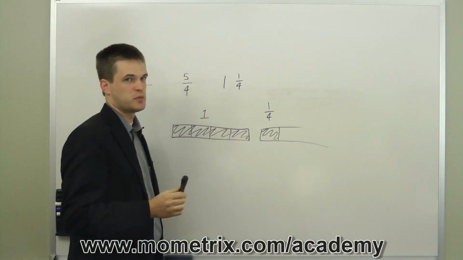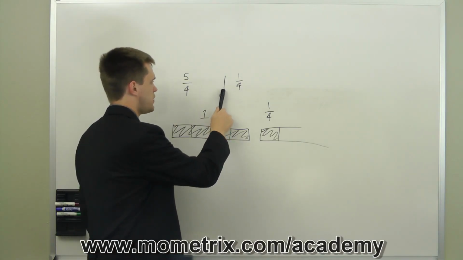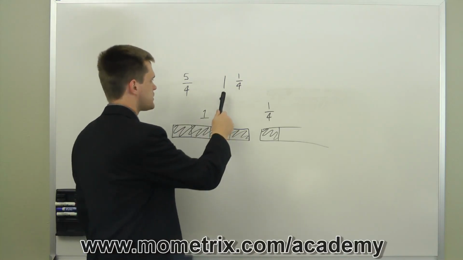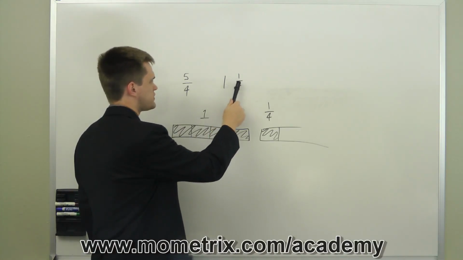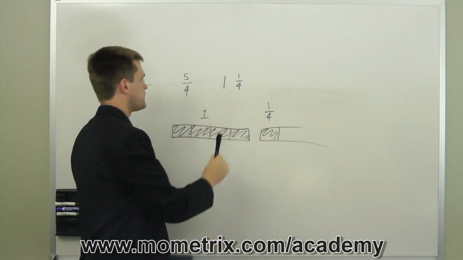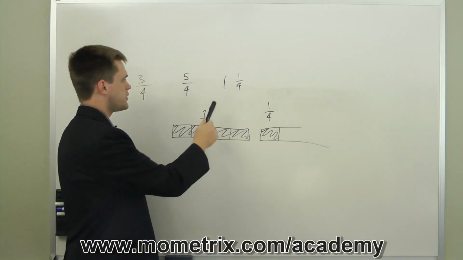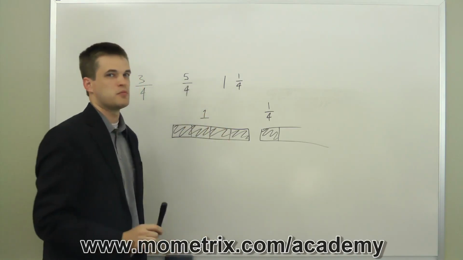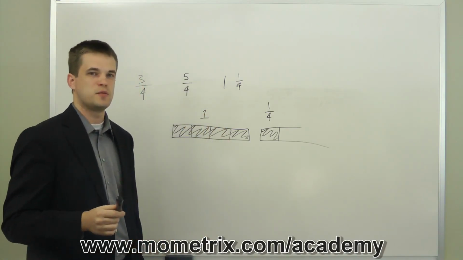It's called a mixed number because you have an integer part mixed with a fractional part. And so essentially what you're saying is 1 plus 1/4, or 1 and 1/4, when you have this sort of number. Now you can convert between improper fractions and mixed numbers pretty easily,